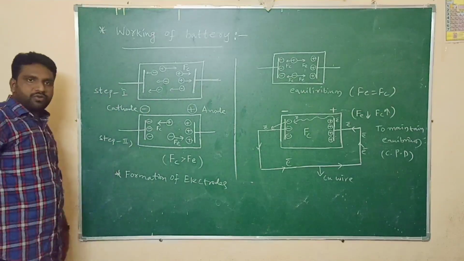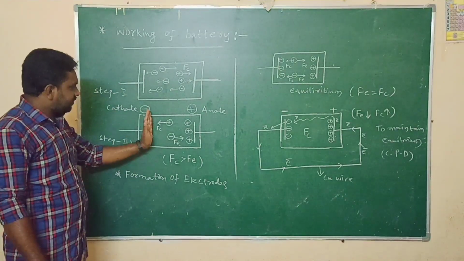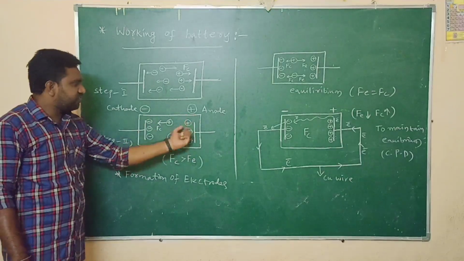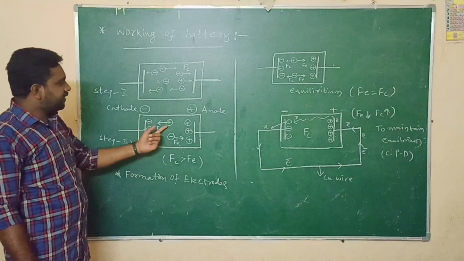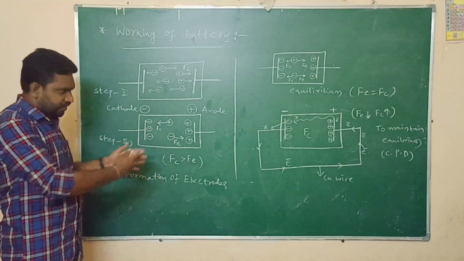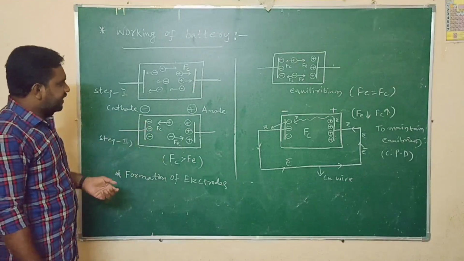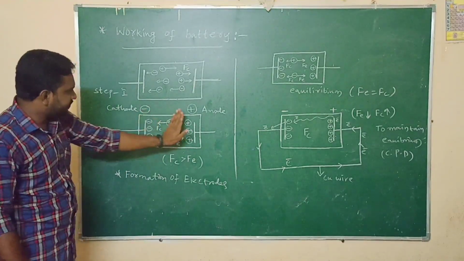Once the electrodes are formed here and here, these are satisfied with these ions. But the remaining ions are also there. Remaining negative and positive ions are also present in the electrolyte. So many ions are left over. And what about these ions here? This acts like a negative electrode. It is completely negative. It is completely positive.